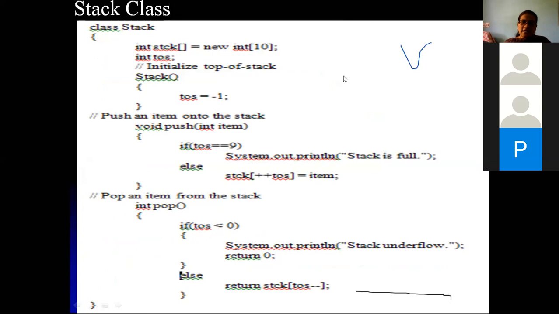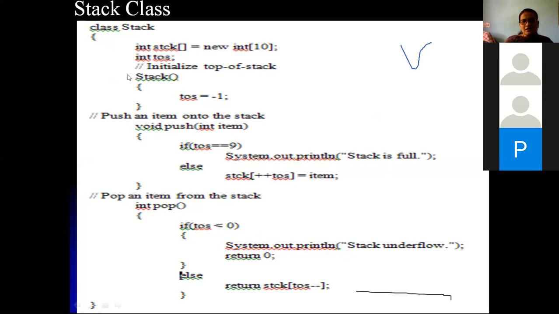And this is a Stack class. I guess in the ADA lab we have a program, and your madam or sir has explained this, so I'll just briefly explain it. Within the class Stack we have two variables. One is a stack array, and one is a top pointer, the top of the stack. The stack array allocates 10 array elements, and Stack is a constructor. In that constructor, top of the stack is -1, I mean the stack is empty.